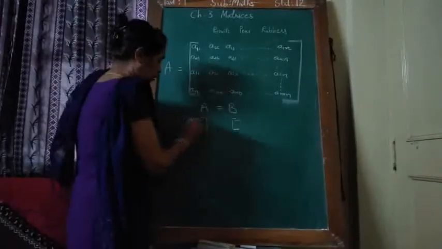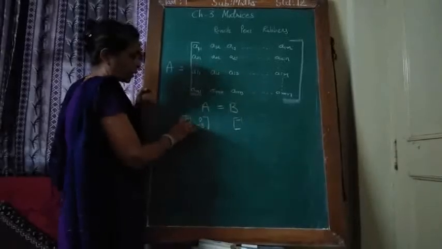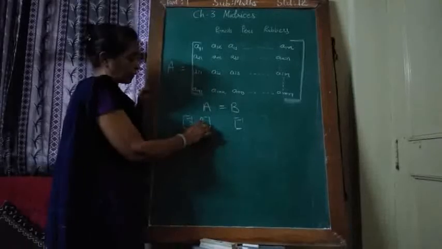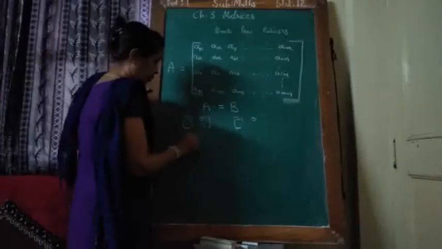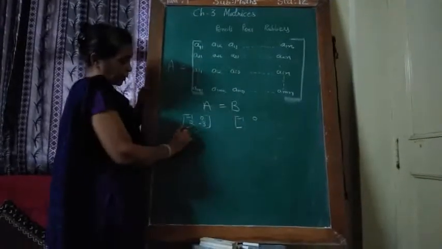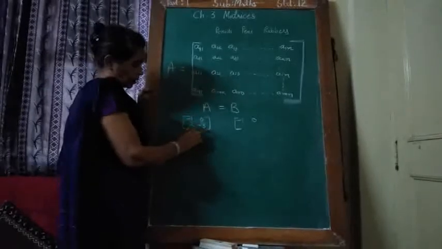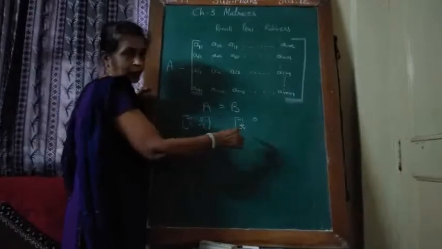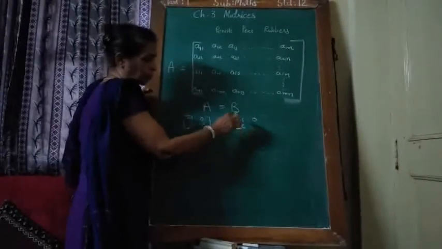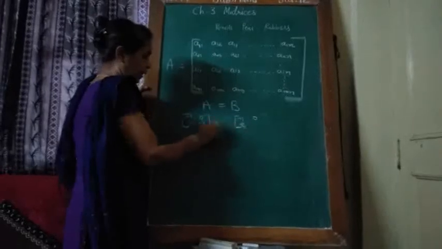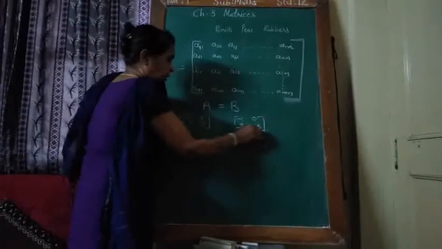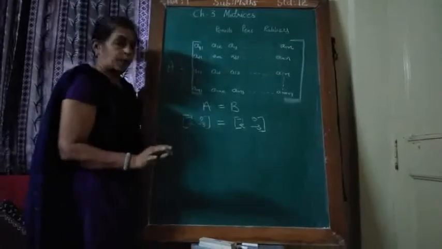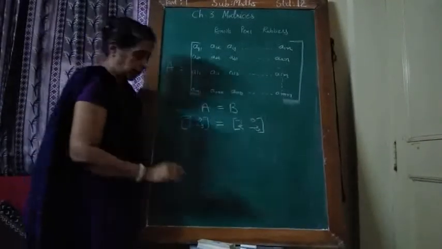Whatever elements you write for A, suppose I write minus 1, 0, 2, minus 3. Then the B matrix must also be of the same order. See, corresponding elements: first A11 and B11 must be the same. First row, second column, A12 is 0, then here B12 must be 0. A21, second row, first column, is 2, so B21 must be the same. Minus 3. So if all corresponding elements are the same and the order is also the same, then both matrices are called equal matrices.